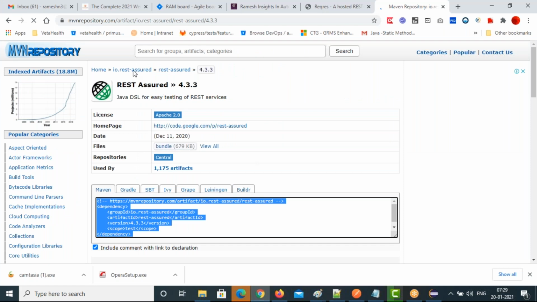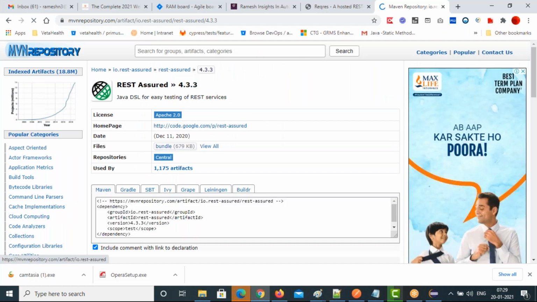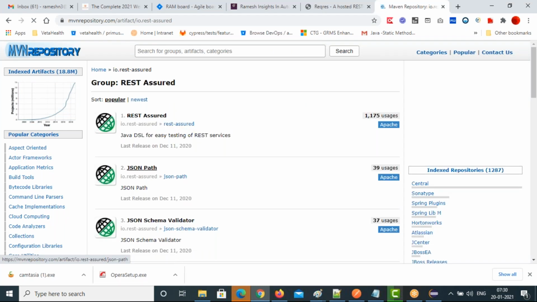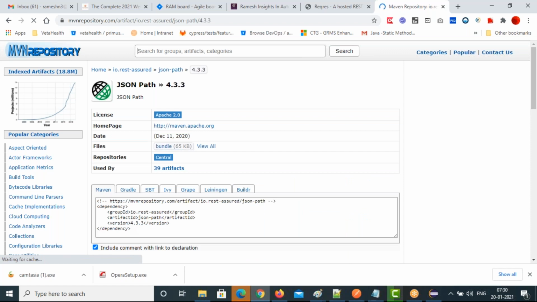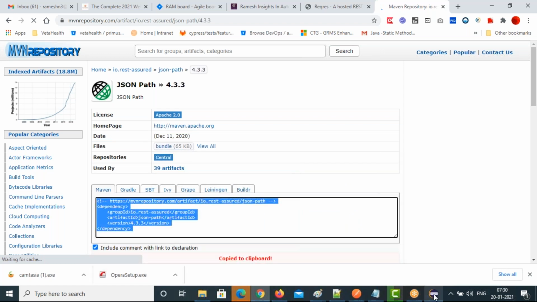Add these dependencies: JSON path, with the same version. Copy and paste it here.